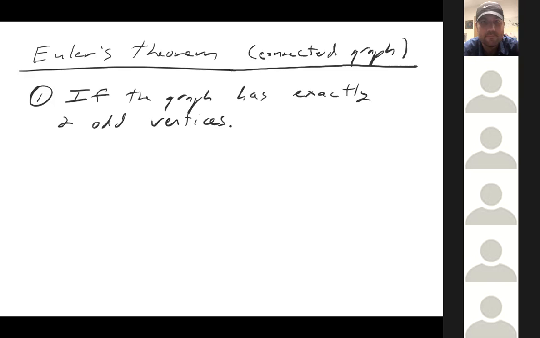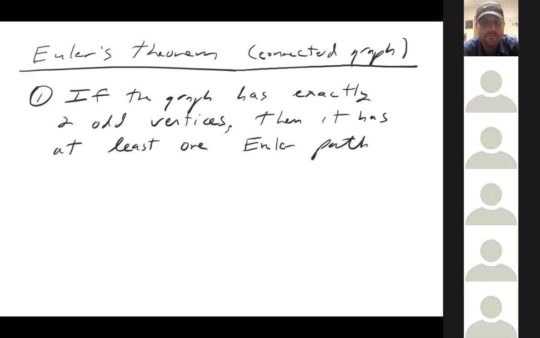So if the graph has exactly two odd vertices, then it has at least one Euler path. Okay? But no Euler circuit. So it means it's not possible to ever start and end at the same point. So if it has exactly two odd vertices,